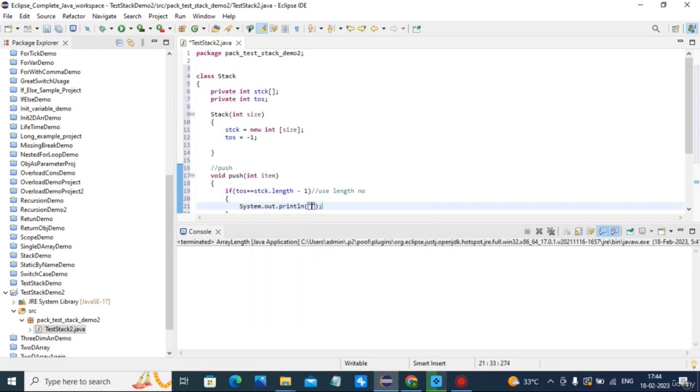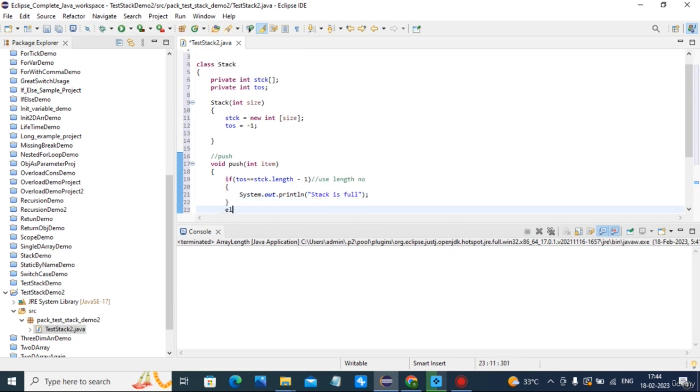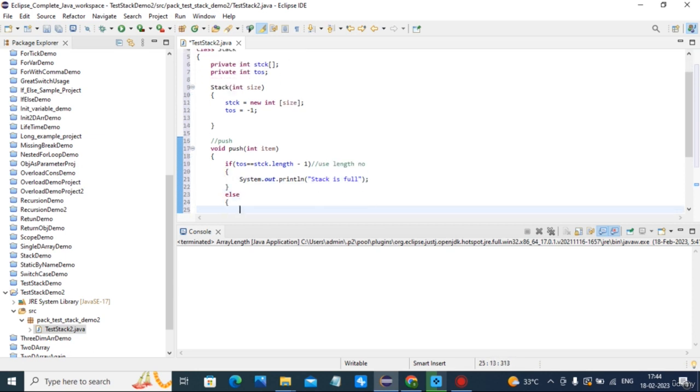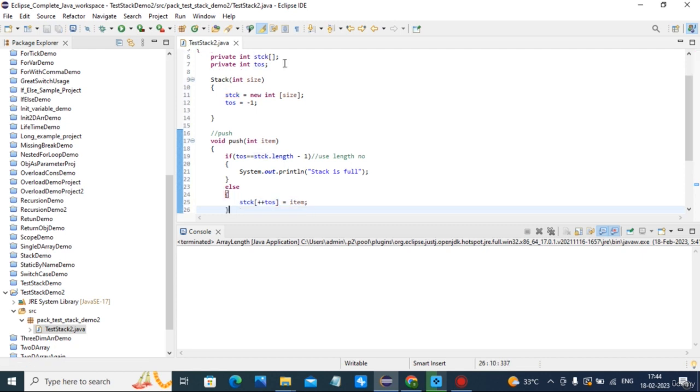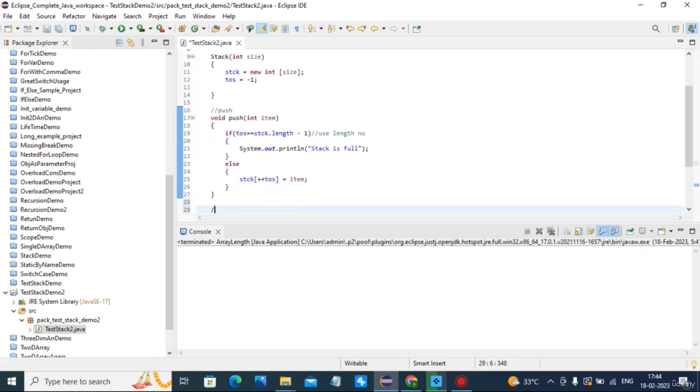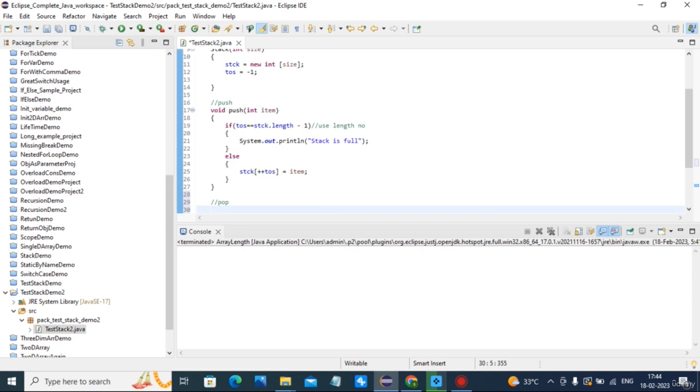So stack is full, else stack of top of stack is equal to item. Then next for pop, int top.